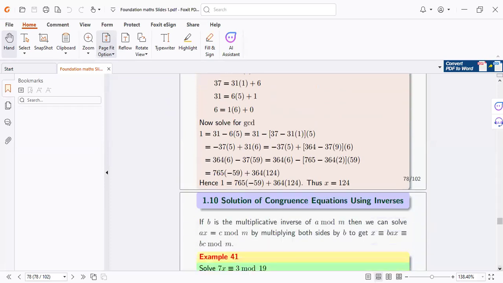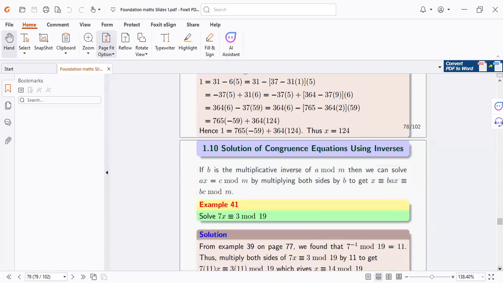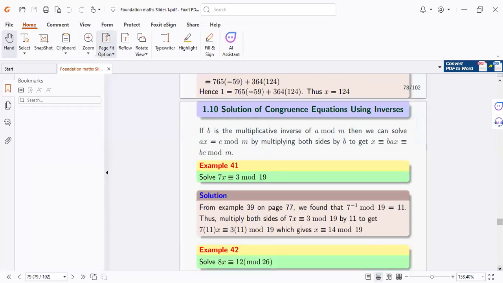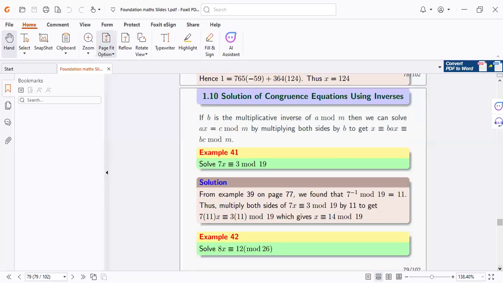Now, once we have inverses, we can also solve systems or equations of this nature. And we did these questions on Thursday, but we're using the extended Euclid's algorithm. But we can still use inverses. So that means if I'm given an equation like this, I'm only supposed to get the inverse of 7. And then once I have 7x congruent to 3 mod 19,